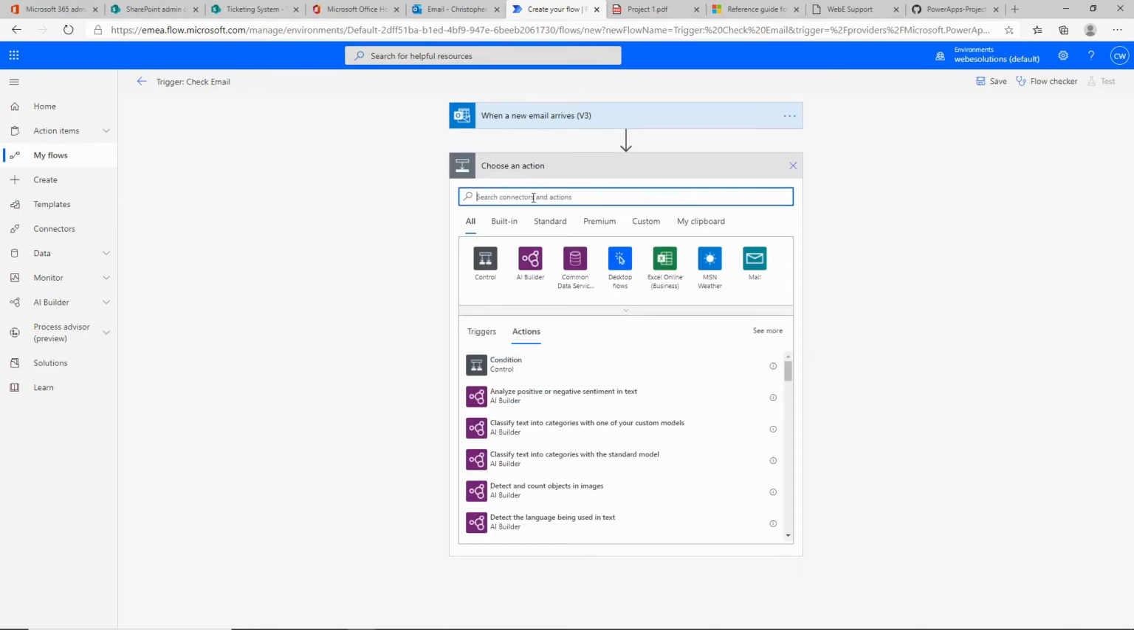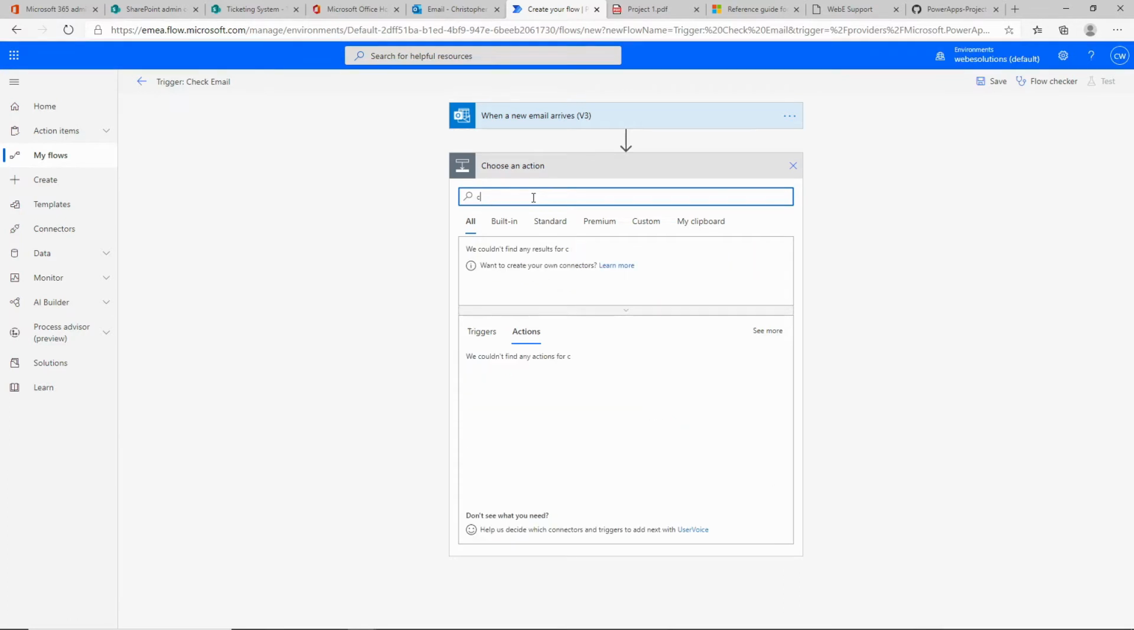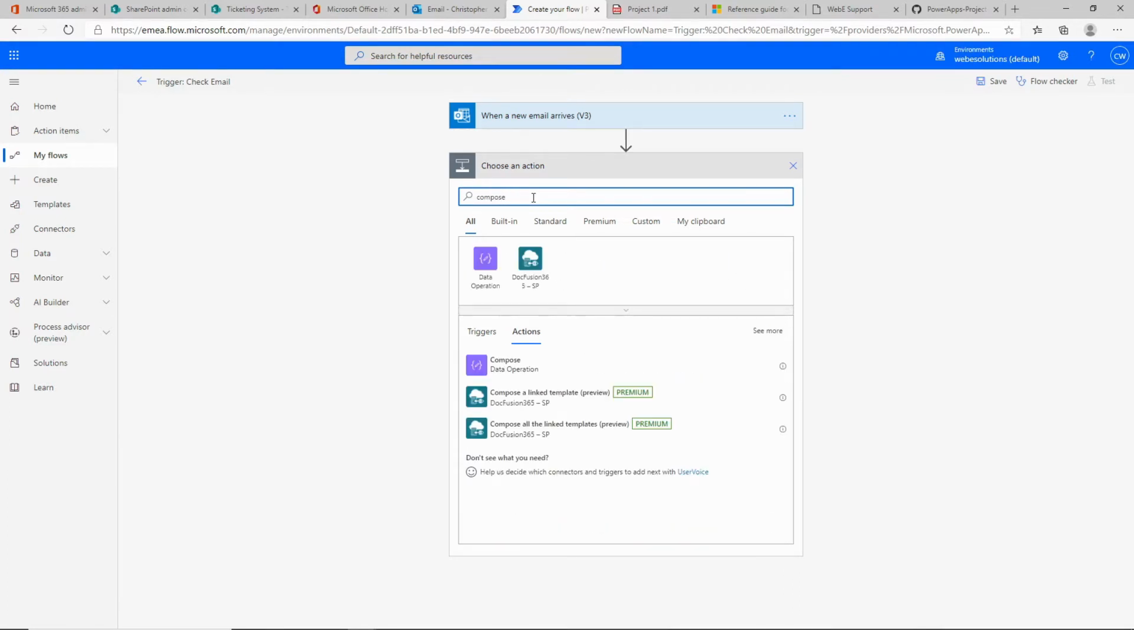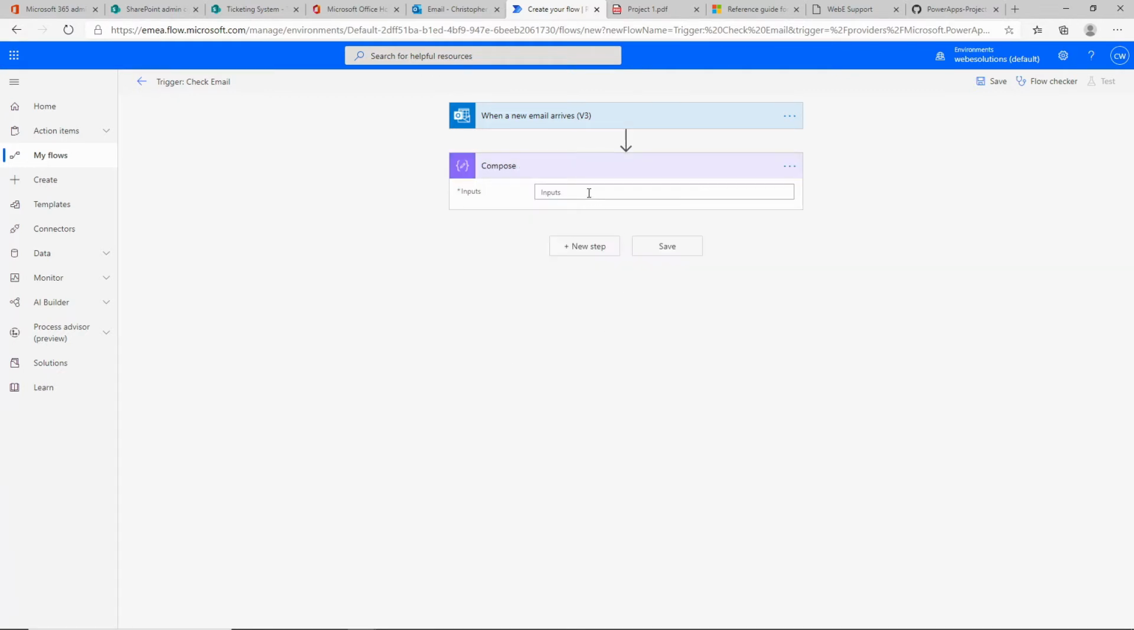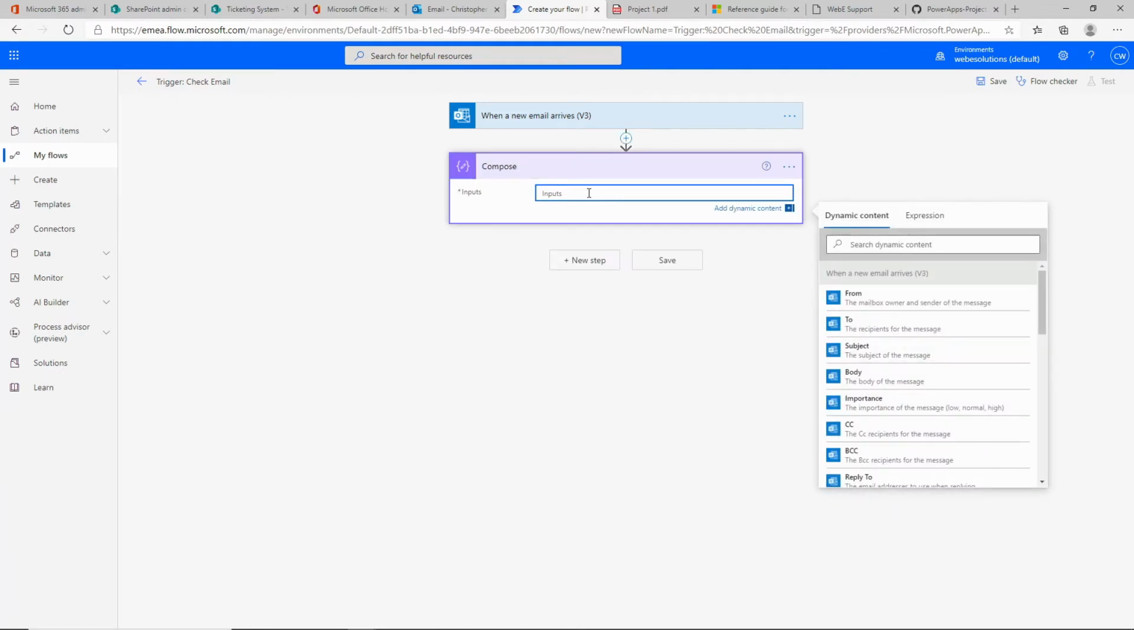So the next step that we're going to be doing is using Compose. And if you type Compose, you can see we have Compose. And again, you can click on the eye, and this will give you some information on what this component does. So for Compose, we will just be using it to store the information, and the information that we'll be storing is dynamic information. So if you click on Add Dynamic Content, this window on the right-hand side will pop out,